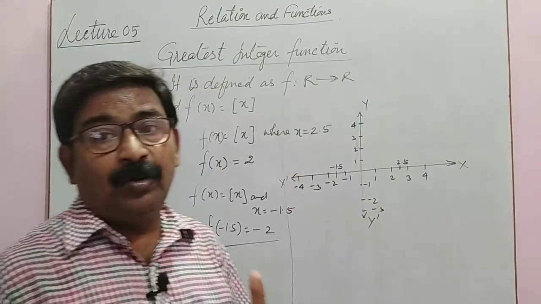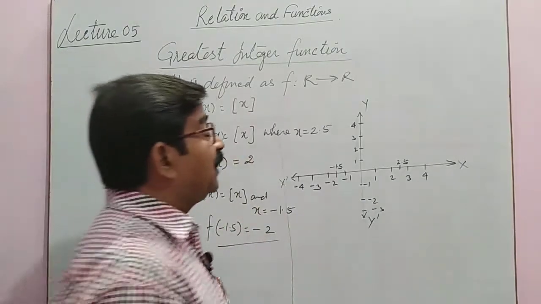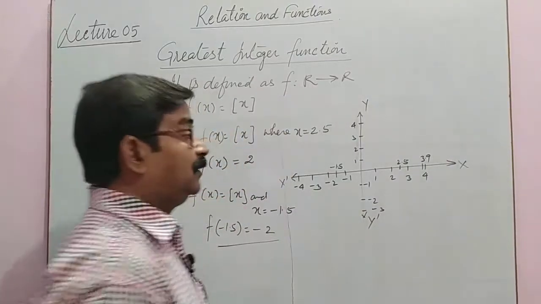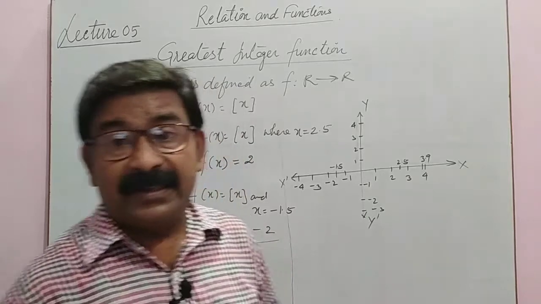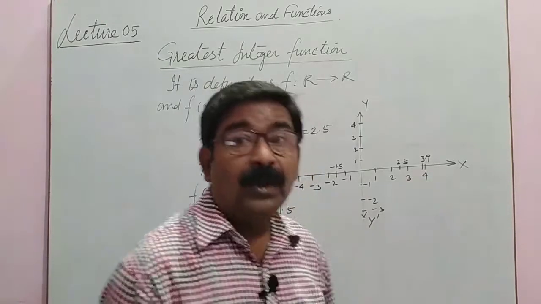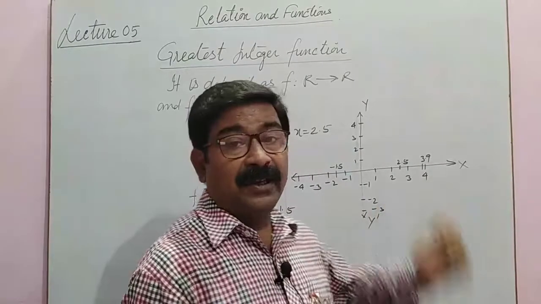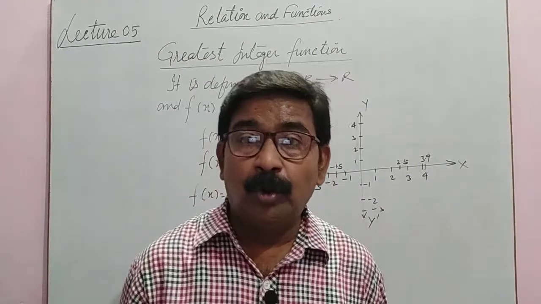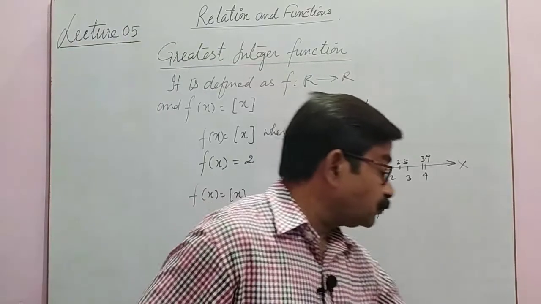So whenever you are given a decimal number, whether it is 2.9, it doesn't matter. Suppose we are given the number 3.9, x is equal to 3.9. Then what is the greatest integer for 3.9? See, 3.9 is between 3 and 4. So what is the integer just before 3.9? That integer is 3, so its greatest value is 3. So this is how we are able to know the greatest integer function. Got it?